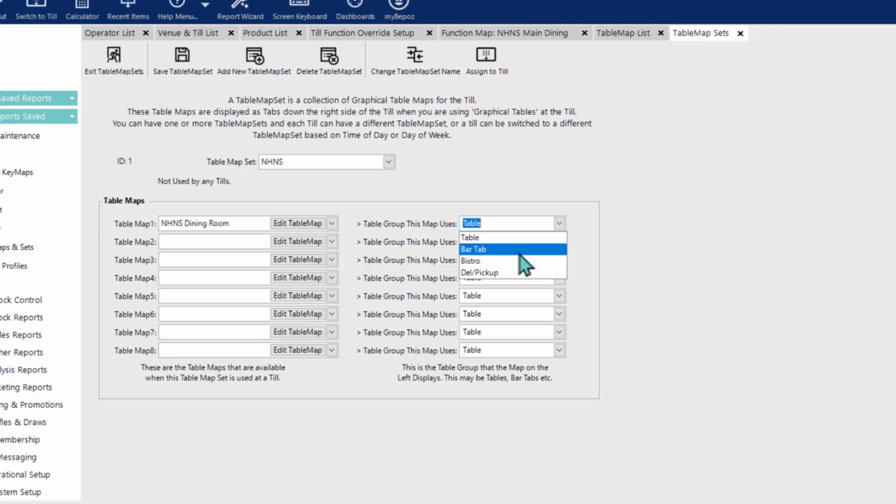So in this case, rather than seeing the table group numbers, we actually do see the table group names. So I might just leave this one for table. Now that doesn't mean that table maps and table groups are one-to-one. Each table map can be assigned a different table group, or multiple maps can share a table group if need be. So that's really all we need to do for this, and then we can assign it to tills quite